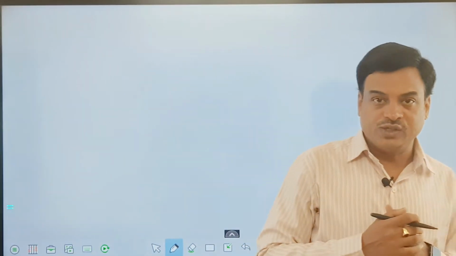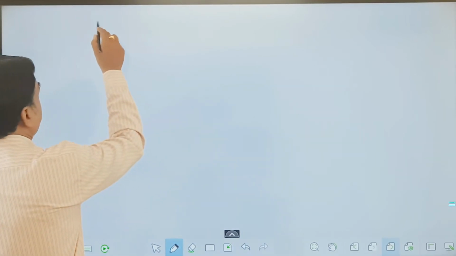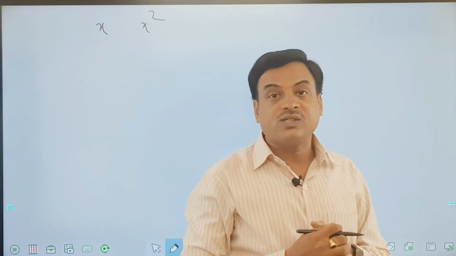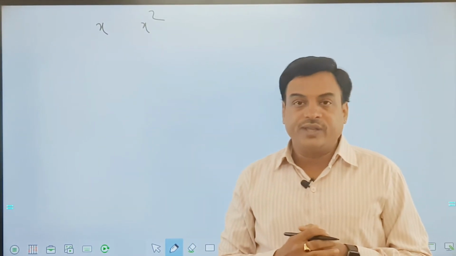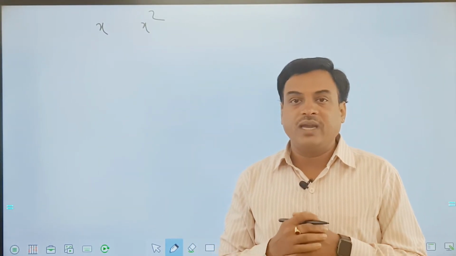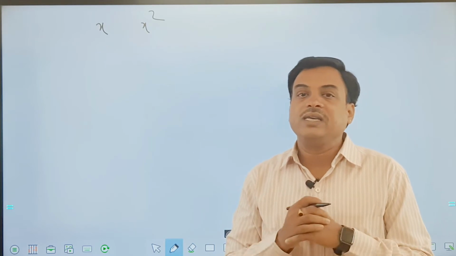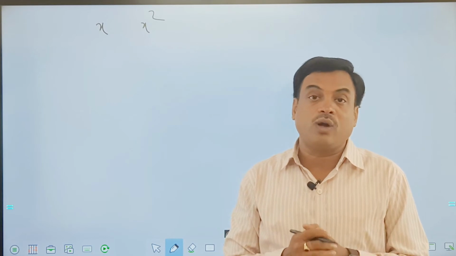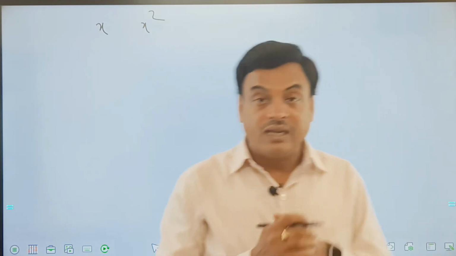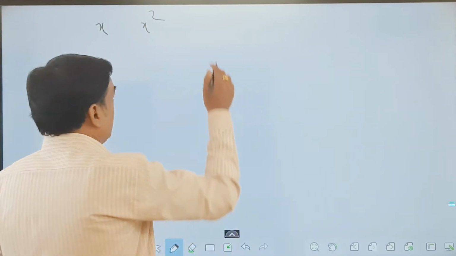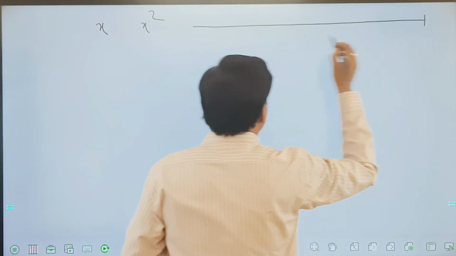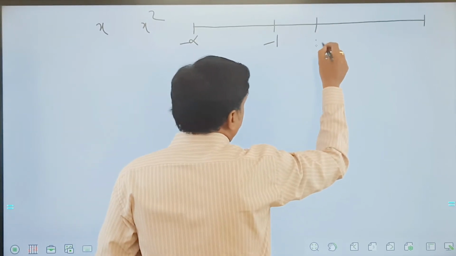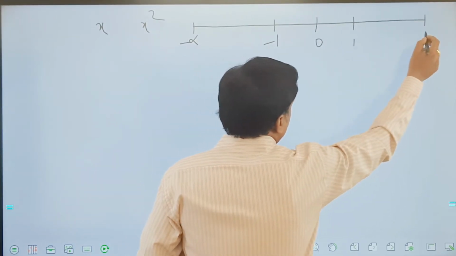Now if I raise some questions, you tell me about x and x square. What do you think? Is x square greater than x, or less than x, or equal to x? The majority of you might have an idea that x square is greater than x. But is it true every time? For all the values on an integer line or on a real line, is it true? That is the important point. For example, if I take values from minus infinity to minus 1, minus 1 to 0, 0 to 1 and 1 to infinity.